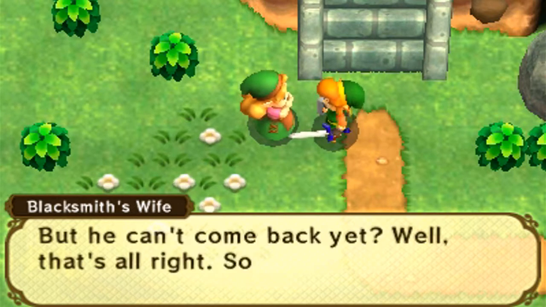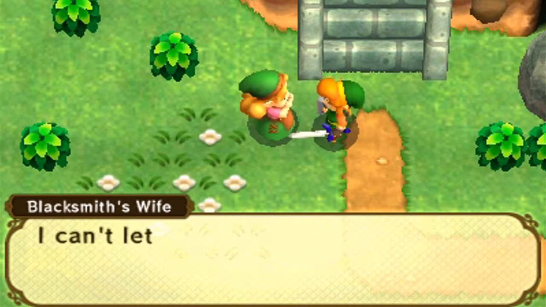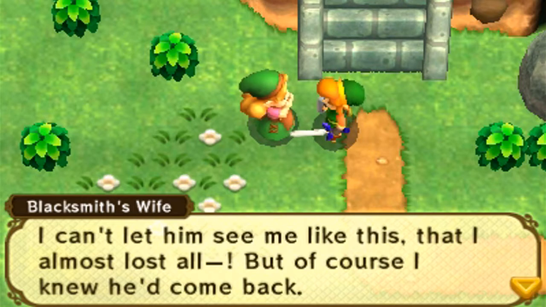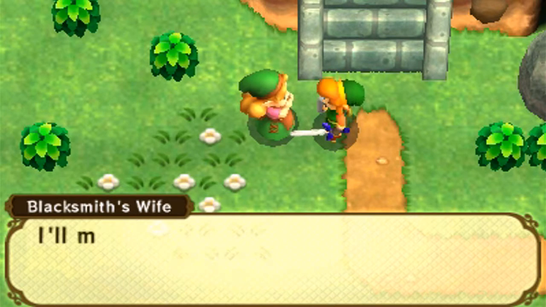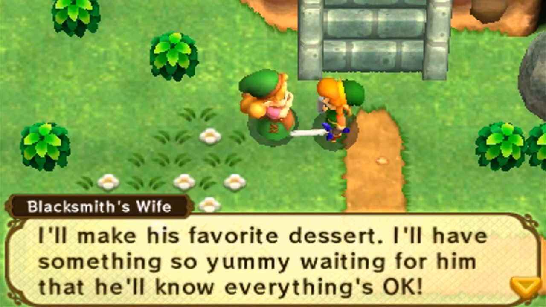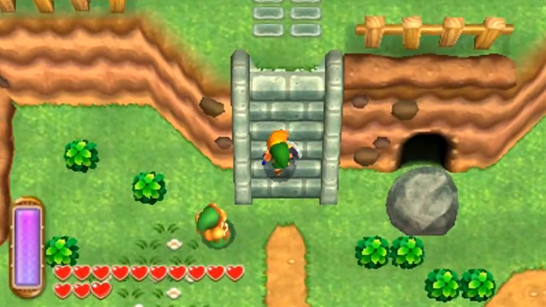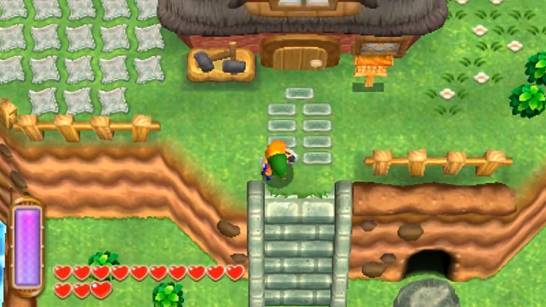What? But he can't come back yet. Oh, well, that's alright, so long as he's fine. Again, he's about to be trapped in some alternate dimension with 6 strangers that he's never met before. How is that fine? I can't let him see me like this, that I almost lost all. Oh, but of course I knew he'd come back. I'll make his favorite dessert. I'll have something so yummy waiting for him that he'll know everything's okay. Boy, you're Mother of the Year. God, you're okay with your son just being in an alternate...